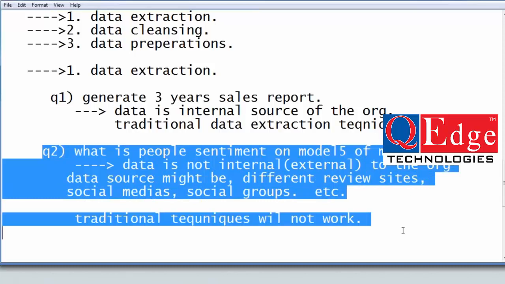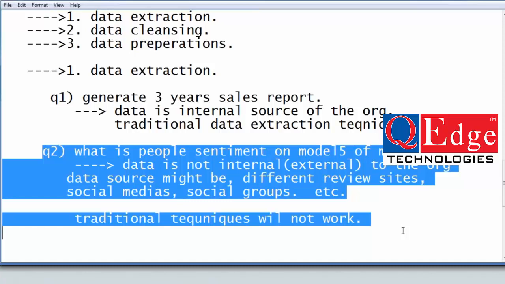Because the people keep posting new comments. From the new comments, the people's sentiment changes. Suppose you start the extraction of the streams for the past 3 days. Till 3 days, the sentiment may be good. Again, suddenly on the fourth day, sentiment may turn bad, negative. Again, after 4 days, people may turn positive. In this way, people's mind is always changing.